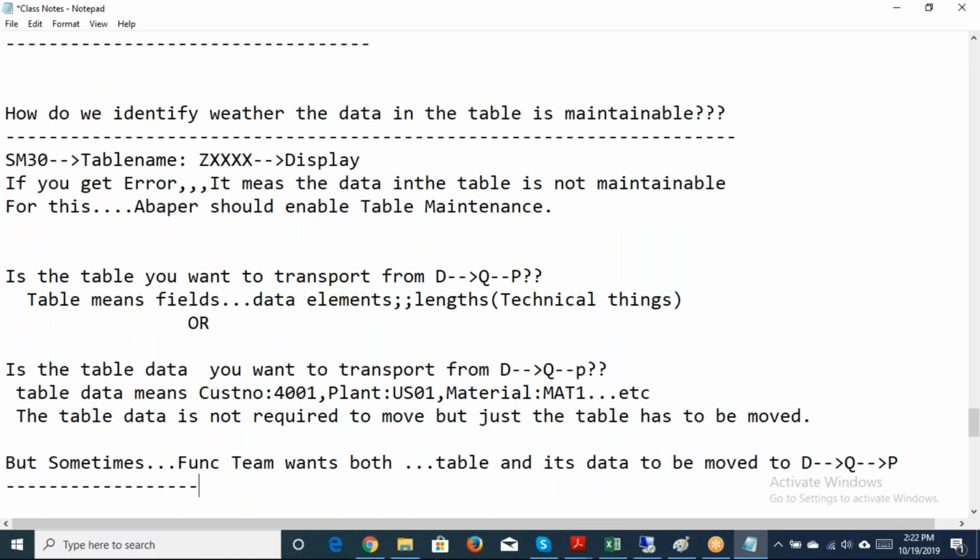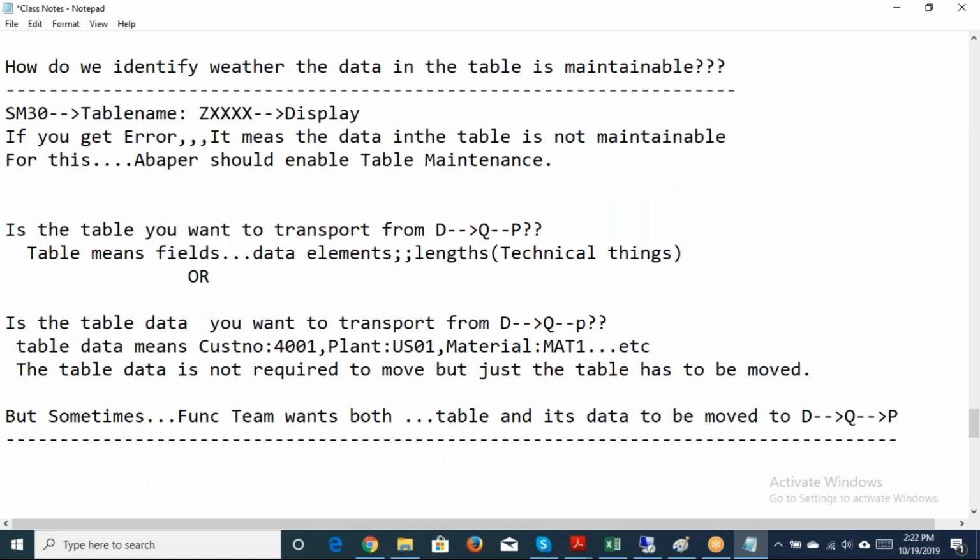So it depends, boss. Don't ask me again why the data should be moved. Sometimes the functional team says okay, so that's their requirement. Okay, yeah. So in such cases, Arjun,